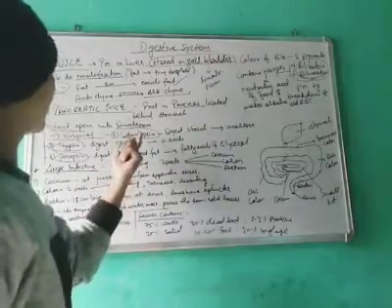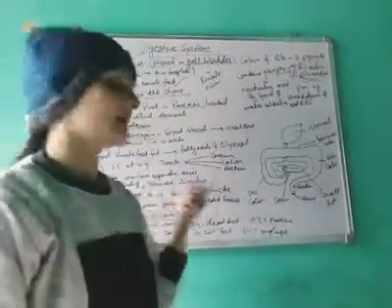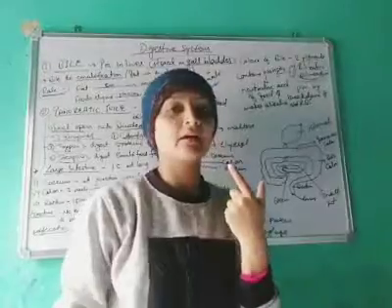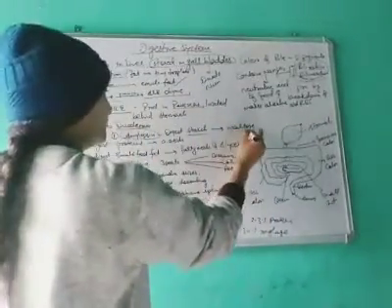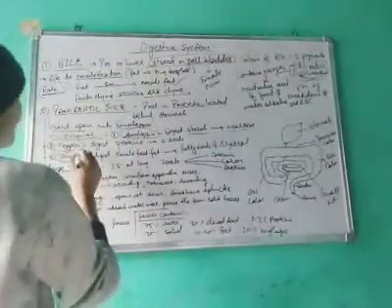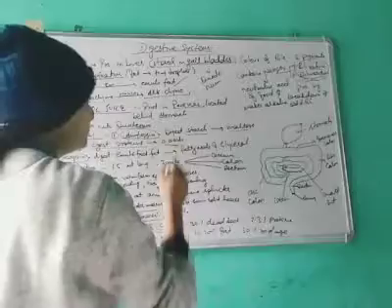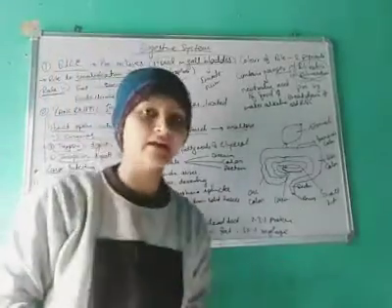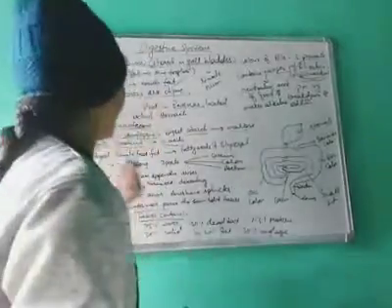So what does amylopsin do? It digests starch into maltose. Some starch is digested in the mouth, but the leftover starch will be digested to maltose by amylopsin. Next there is trypsin. Trypsin digests the proteins into peptides, polypeptides, and amino acids. Amino acids are the simpler form of the proteins.